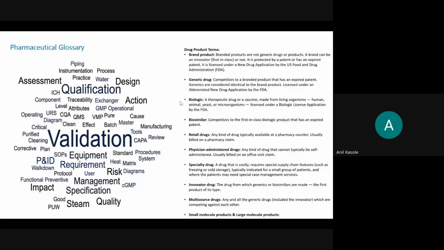I think this is what I put together for today, just to give you an overview of pharmaceutical manufacturing. Based on this, maybe in the next session we can go through the automations and try to correlate what we discussed today. So if you have any doubts, I think a few of them will get cleared automatically with the next session.